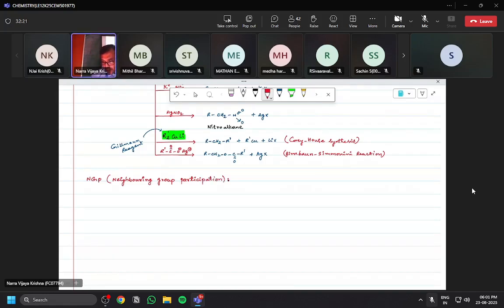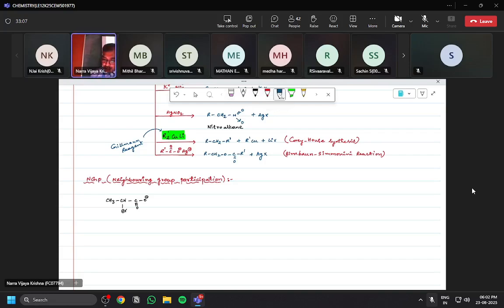In this case, the reaction proceeds with very high kinetics, so the reaction occurs very fast compared to the remaining ones. For example, I am taking CH3CHBrCOO minus. Can I call it an alpha halo acid? This is the alpha carbon, this is an alpha halo acid. Correct? Now, if it is allowed to react with any base,